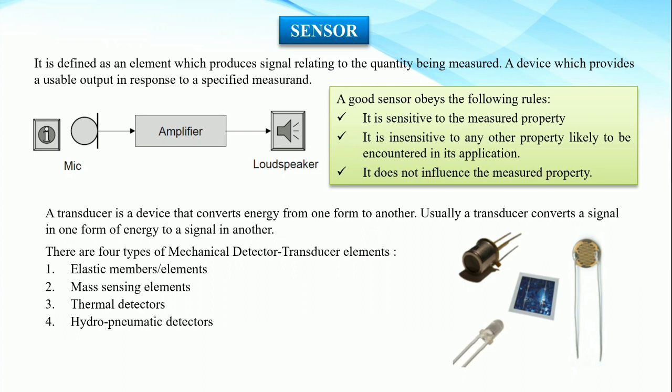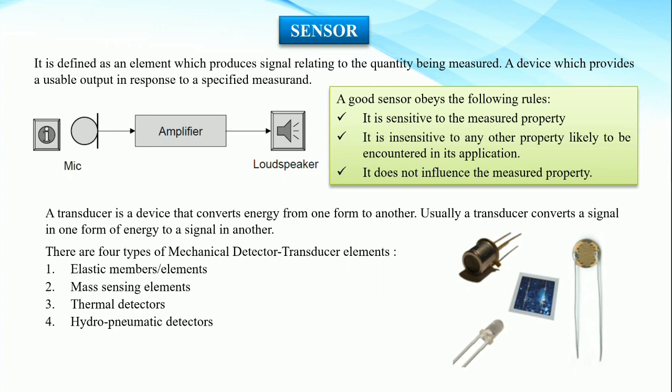Sometimes a secondary transducer may be employed to transform the output of the primary sensor to still another type of energy. If I give you an example, in the ordinary dial indicator, the indicating spindle acts like a sensor or detector for displacement. It simply performs the function of a sensor or detector and nothing else. But in the case of a compressive load cell, or a Bourdon gauge pressure tube, it works as a twofold device.